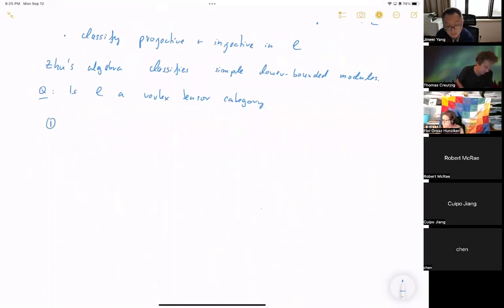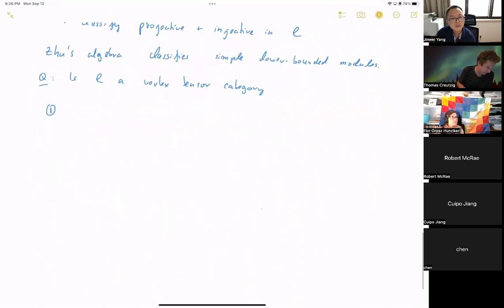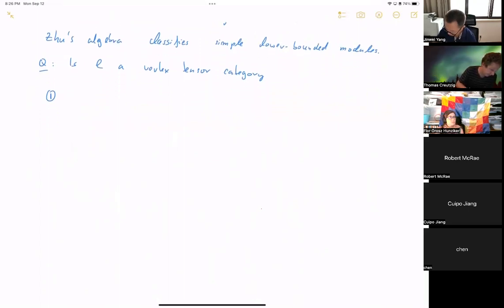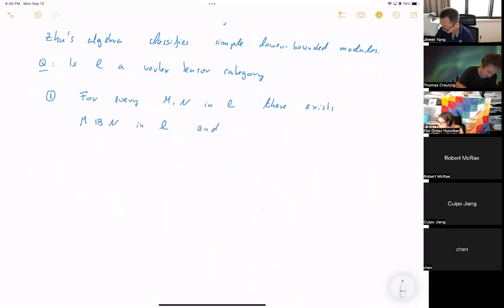So this question really means your given category of VOA modules has to satisfy two important things. These two are the most important conditions for having a vertex tensor category. So let me write them down. You need a category such that for any pair of modules, well, what do you need? If you want to have a tensor product, you need that the tensor product exists. So this means for any pair of objects in your category, there exists an object that you call M tensor, or maybe box times N, in your category, and an intertwining operator, so a field that maps vectors in M